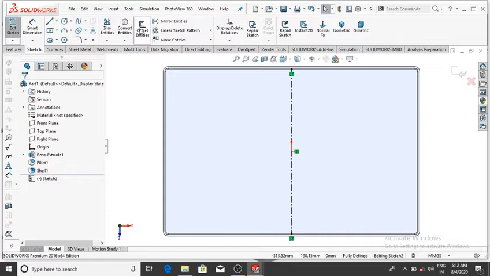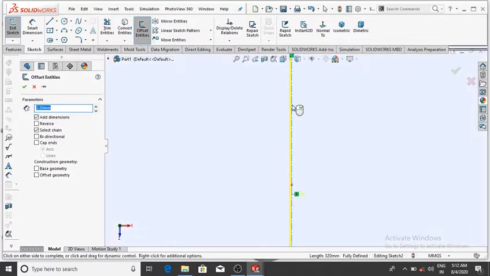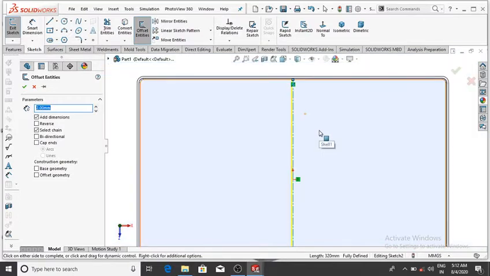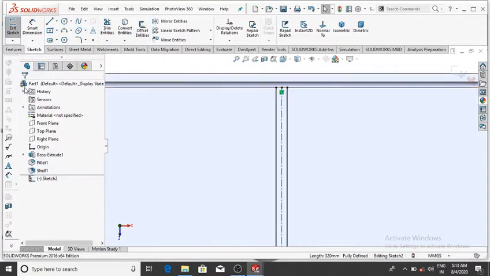So simply select the offset entity and select 2 mm, then okay. And now select this center line, it will be selected as one line. If you want both lines, select bi-directional, then okay.